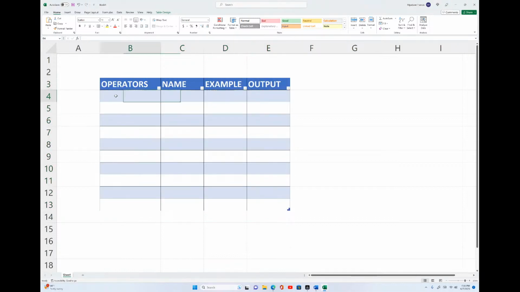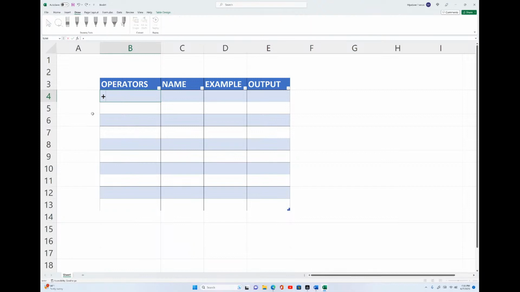So from here, I'll first start with the first operator, which is a plus. A plus operator, as you see, it has the sign plus, and the name of this operator is called